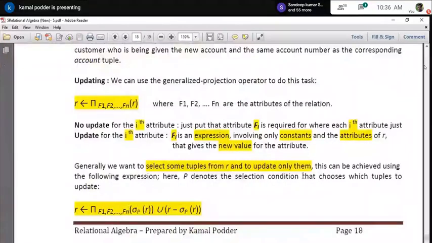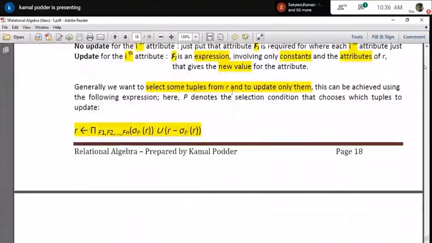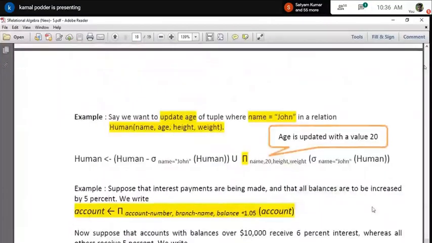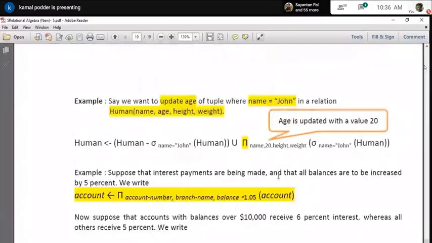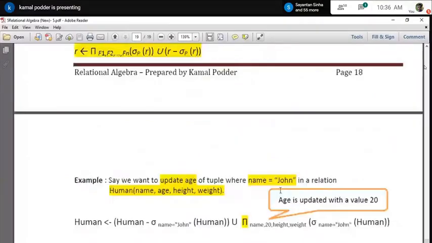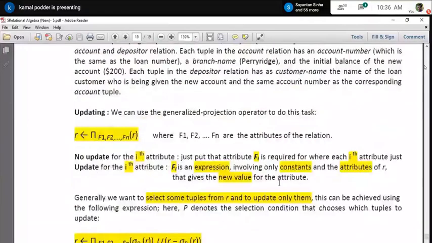Similarly, for updating, I have given a result, and if you just go through it, I hope you will understand. It is not very difficult at all. By using all the operations which you have already learned, it is performing that. So these are the three; with the help of relational algebra, you can basically do all your DML operations.